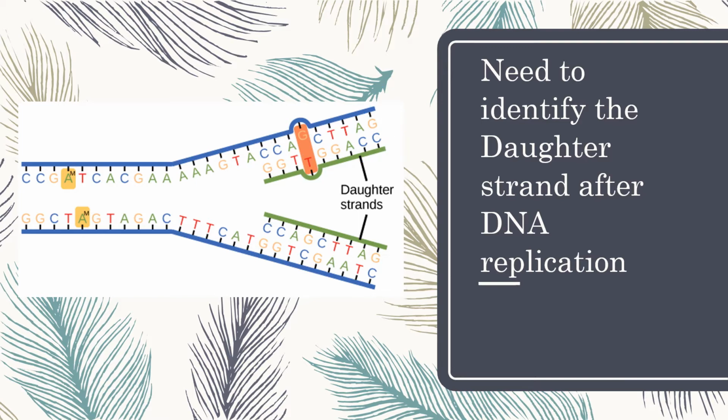If you fail to identify the daughter strand, you may consider this strand to be correct, and you will consider this wrong thymine as a correct base, and instead of thymine you will add an adenine over here, which will lead to a mutation. Since initially there was a guanine cytosine pair which should have been present, instead an adenine thymine pair will be formed, leading to a transition mutation. So basically you need to identify the daughter strand.